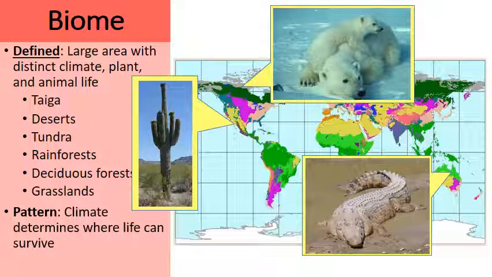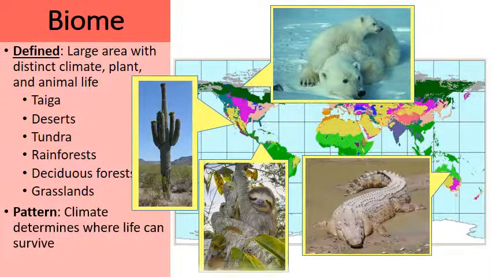And here in northern Australia, for instance, saltwater crocodiles find the perfect environment. The climate is suitable for their survival. And maybe along the equator, like perhaps in Costa Rica, is where we find sloths right here. Again, the climate of this biome supports their ability to survive. These four organisms would probably do very poorly if they were to be transported to other biomes around the world to survive and fend for themselves.